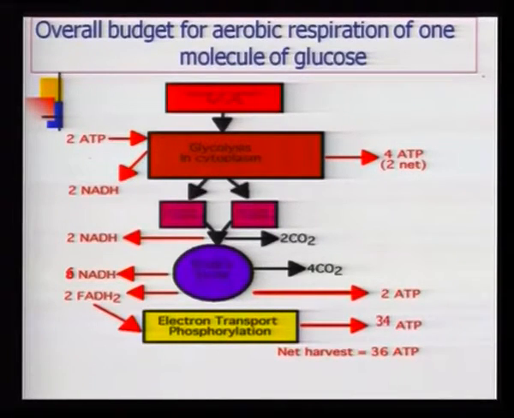Observe the number of ATPs that are going in glycolysis, it is 2, and observe how many ATPs are generated, it is 4. So, net gain is 2 ATPs, plus there are 2 NAD reduced also per glucose. So, our net gain at the end of glycolysis is 2 reduced NADs and 2 ATP molecules. Next step was our Krebs cycle.